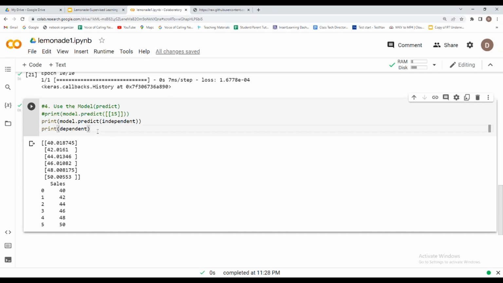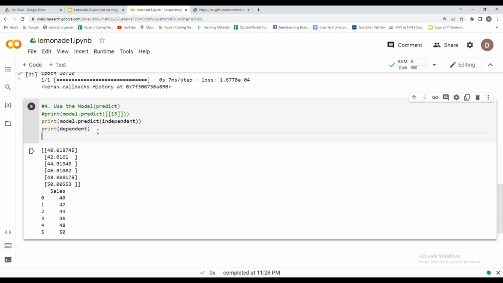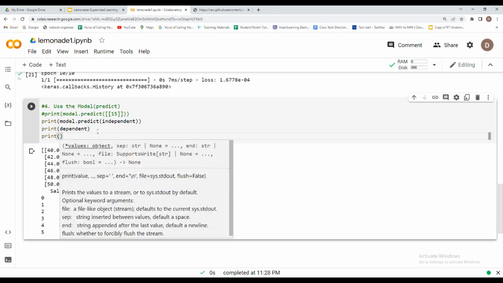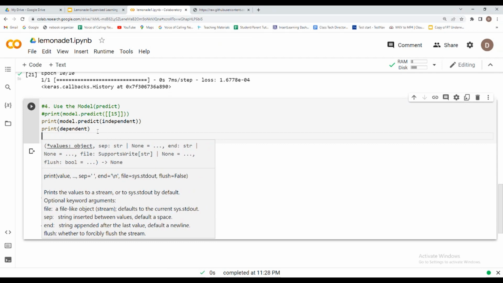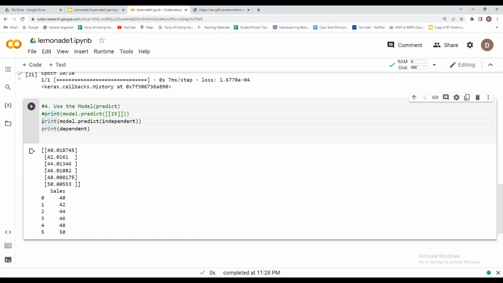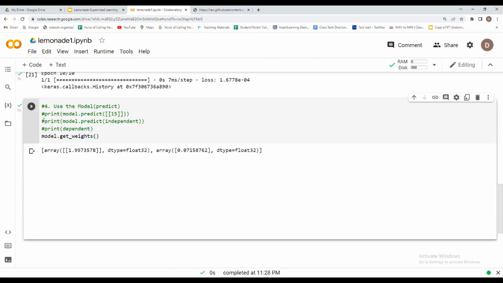And then we can actually do one more command, print model.get weights. And then this is, I think